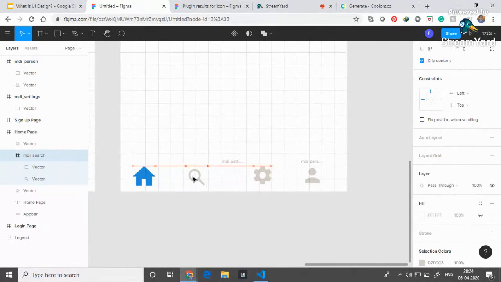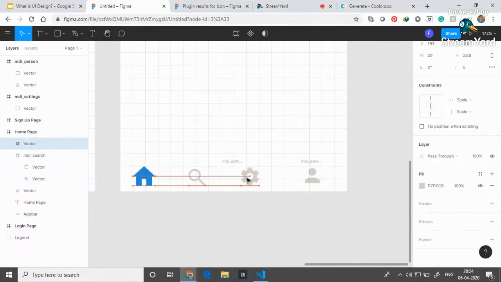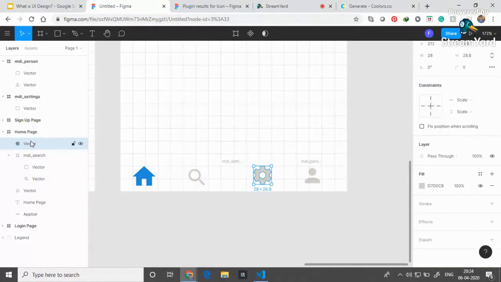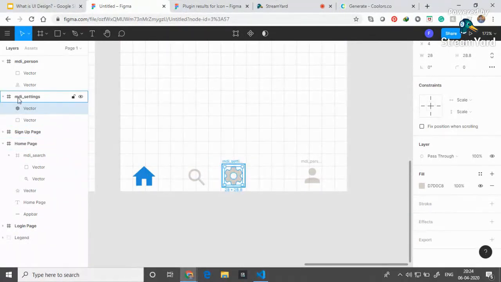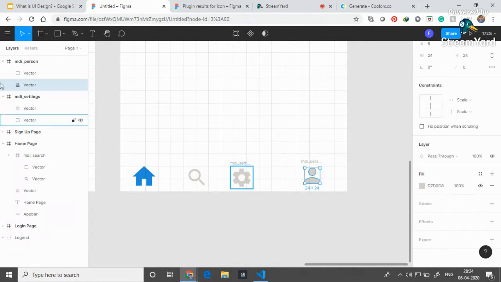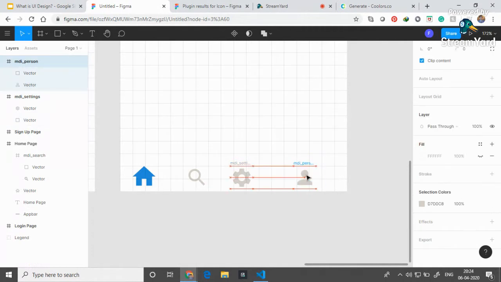For now, let it be 20 pixels each. Once that is settled,